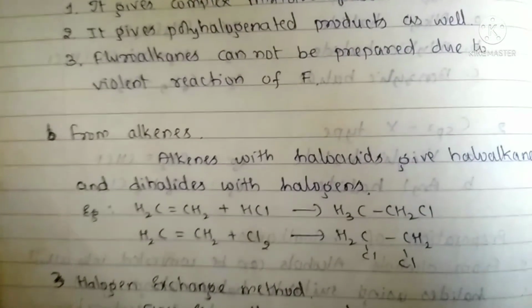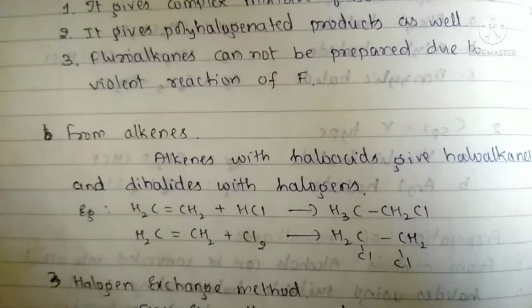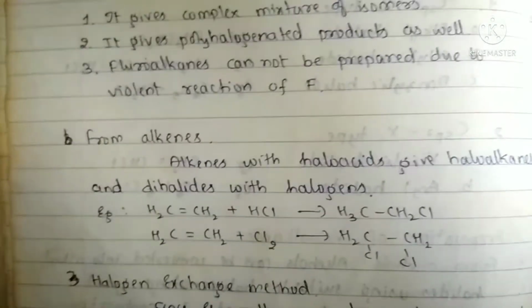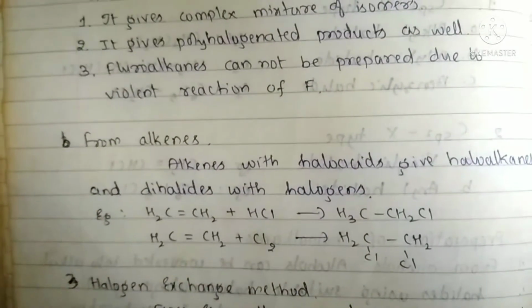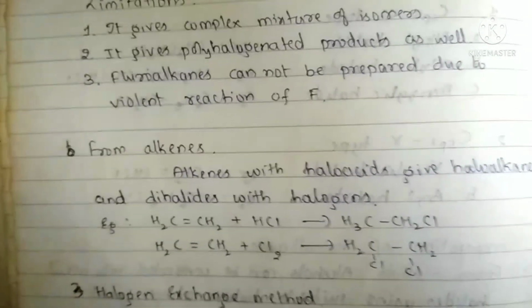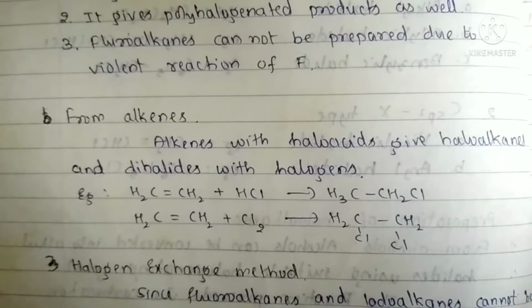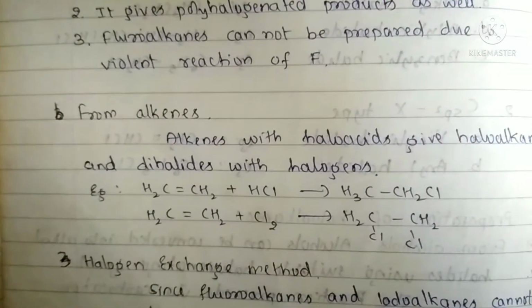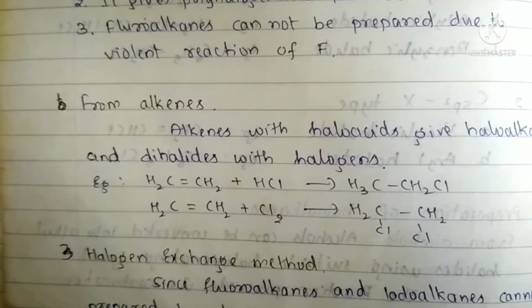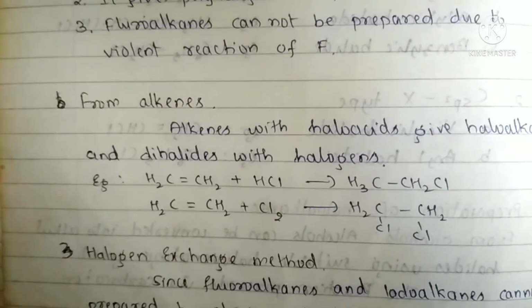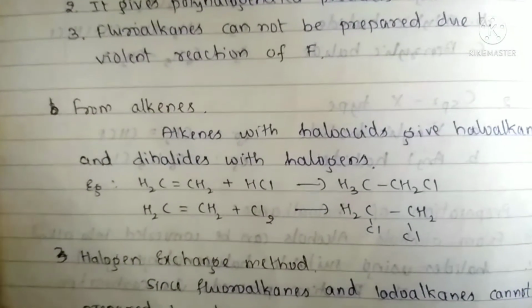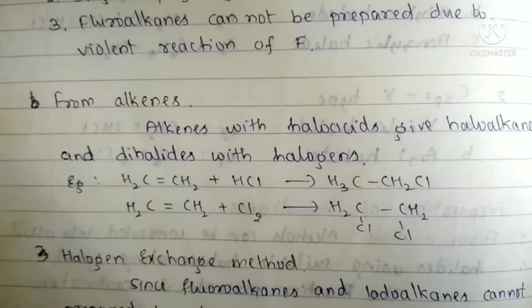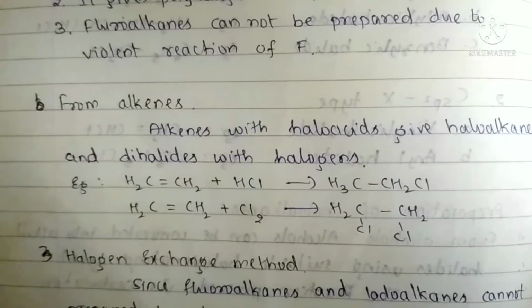Now taking the second part of this type, that is ethene reacting with chlorine molecule. This particular process actually happens in the presence of a suitable solvent, carbon tetrachloride. It is again an addition reaction of halogen to the alkene molecule, which results in the formation of vicinal dihalides. Here you can see vicinal dichloride forming.